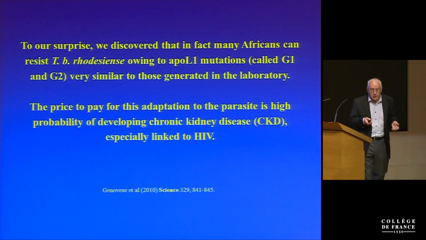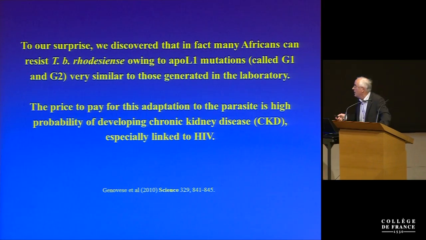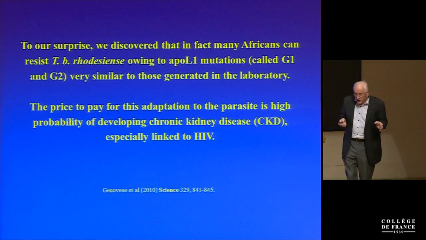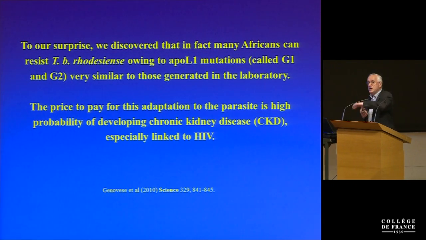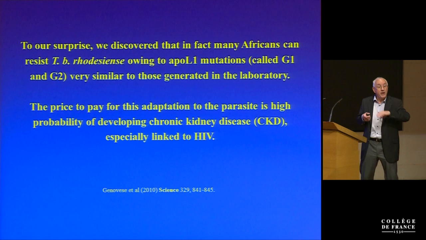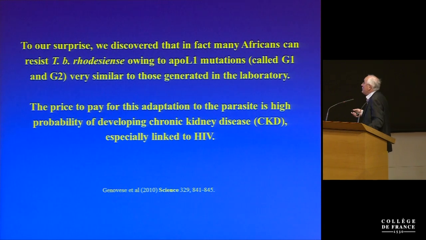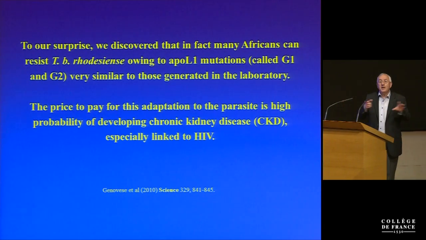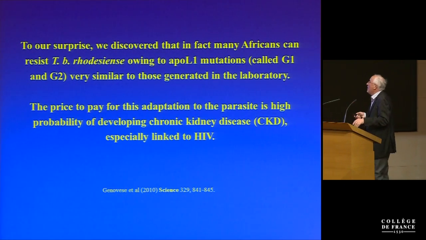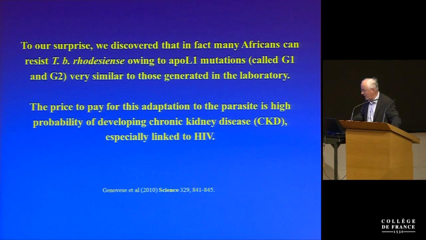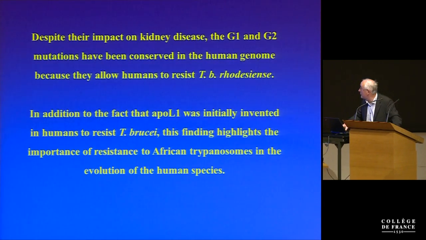Actually, now we are pretty sure that these ApoL1 mutants induce kidney disease. So you see a situation: the mutations are meant to protect against infection by TB rhodesiense. These mutations are widespread where? They are widespread in Western Africa, where rhodesiense doesn't exist nowadays. And I'm ready to bet that the spreading of these mutations in Eastern Africa led, in Western Africa, to the disappearance of TB rhodesiense from this part of the continent, where it has been replaced by TB gambiense that uses another system of resistance to ApoL1.